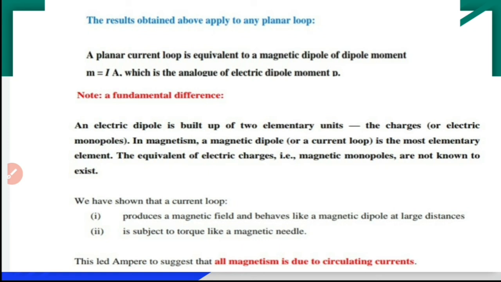Actually, just like electrostatics, Coulomb's law of magnetism is there. Even Gauss's law of magnetism is there, that we will be discussing. So magnetostatics evolved just like electrostatics, but now we are not discussing that because it is not significant, because Ampere has already suggested that all magnetism is due to circulating currents. That is why while studying magnetism we started with moving charges, because the reason behind magnetism is circulating current. Circulating current means movement of charge. That's why we started with that topic.